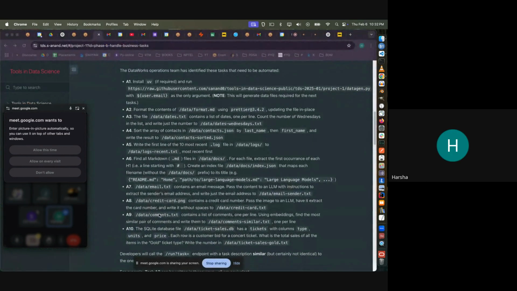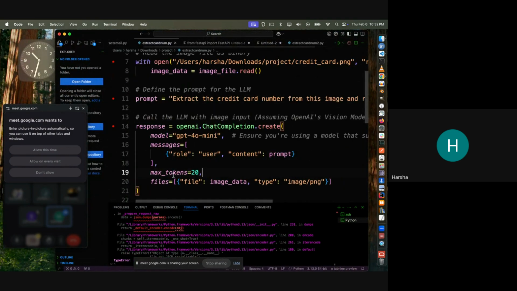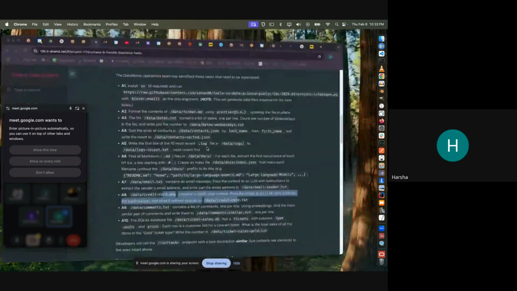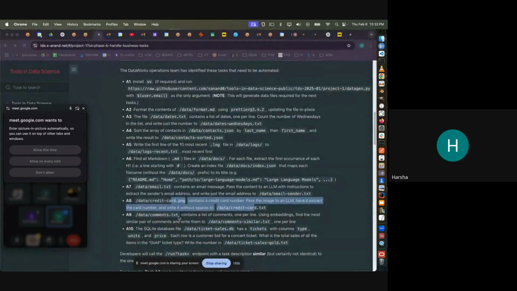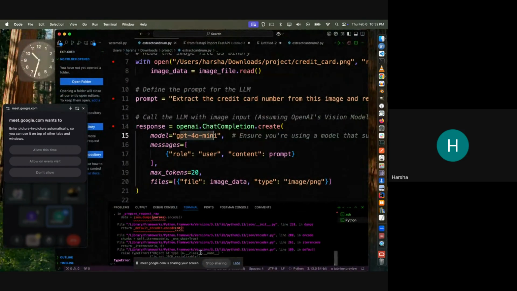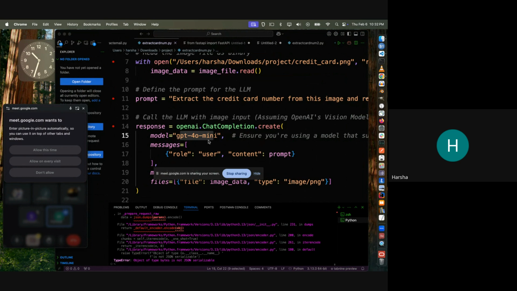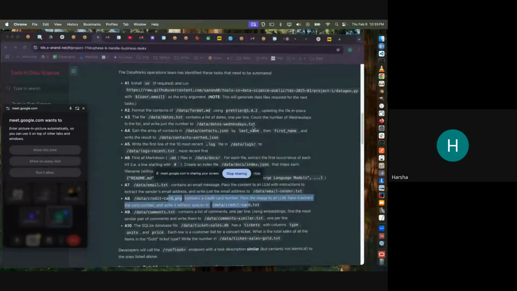See this A8, right? This image, the mini file, what is that? The model which we are using is a very low level model. For other things it's working, for this one and all it's working. For image data, it is giving the error "object is not JSON serializable". But if I try to use some other model, it works perfectly with the same line of code. So this has a limitation. It is even explained in that model itself that for image type it will give you this error. So for that particular thing, how do we